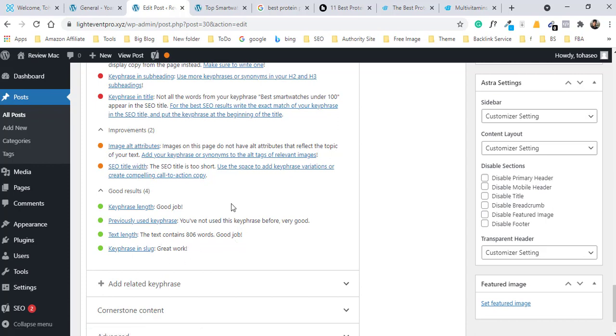So I need to fix the SEO title. My SEO title is too short and there is no keyword. The keyphrase best smartwatch under 100 is not there at all. So I need to put the keyword in the title, and my title is also very short, so I need to add something.